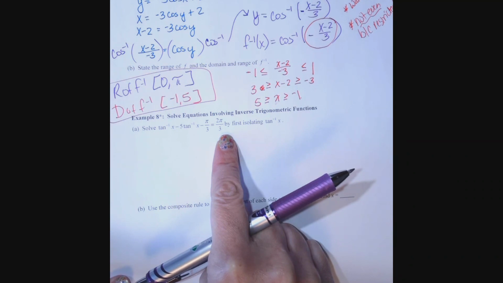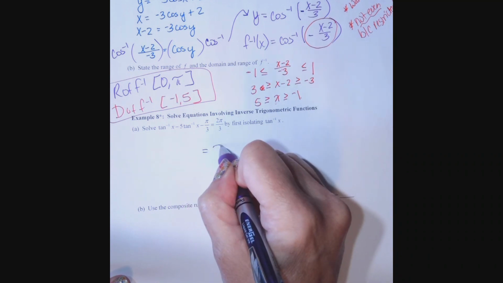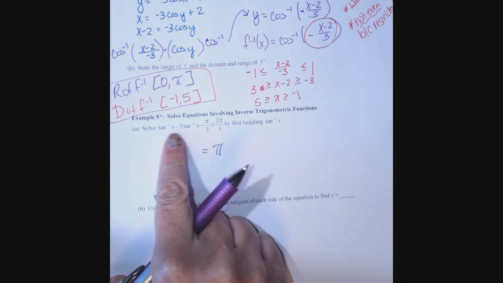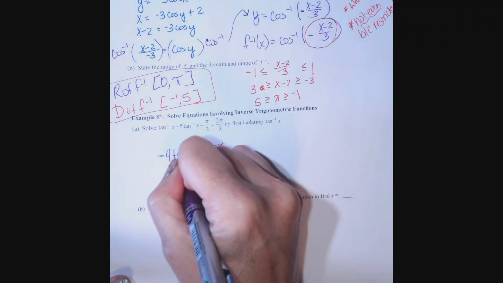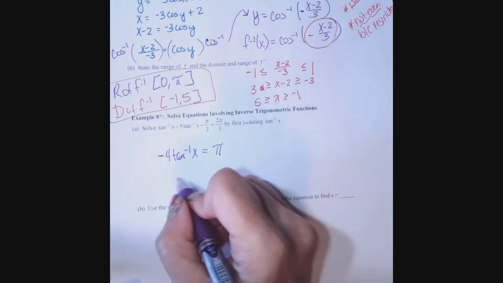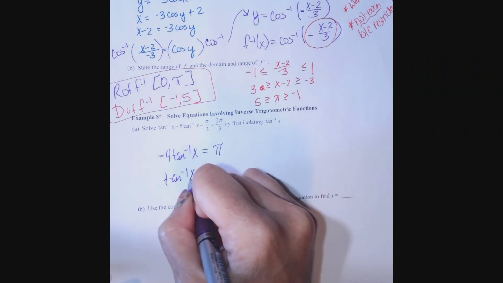When I add pi thirds to the other side, the right side of my equation becomes 3 pi thirds, or just pi. On the left, I've got tangent inverse x minus 5 tangent inverse x. That gives me a -4 tangent inverse of x. And I need to divide both sides by that coefficient, by that -4. So that gives me tangent inverse of x equals